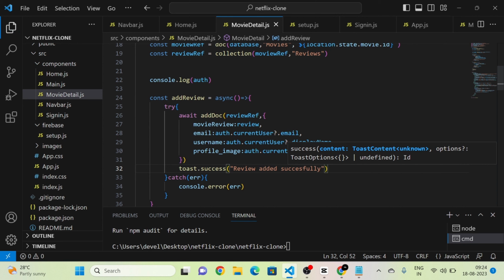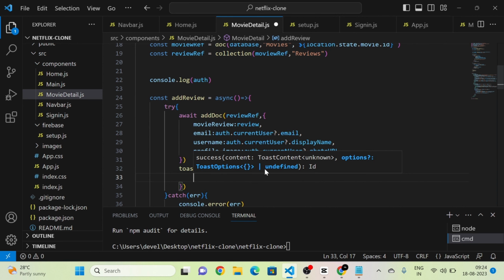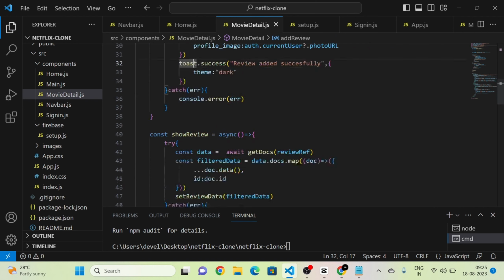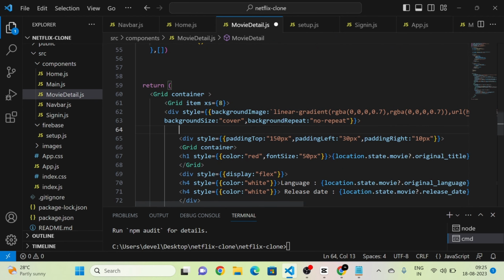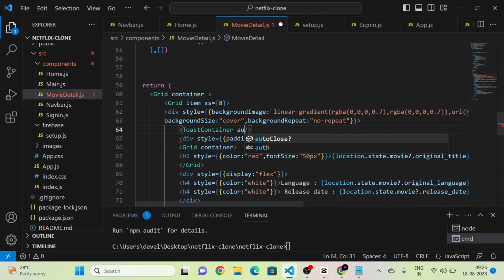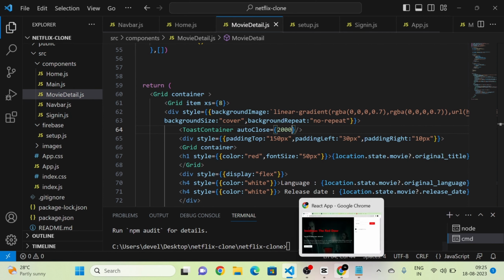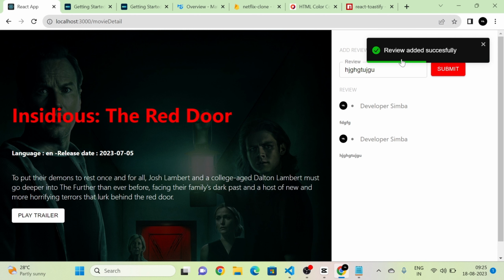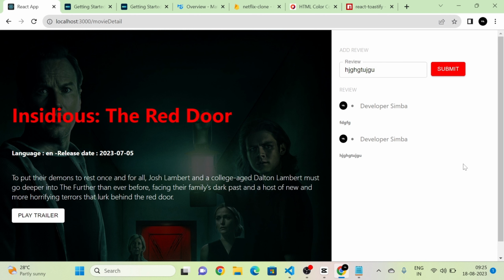Okay, so next I am giving the theme that is dark, and also I am using the toast container component here with auto close 2000. Okay, so now you can see that I'm giving a review. Yeah, it is showing review added successfully. Okay, so we have used the React Toastify for the logout button, sign in button, and also for